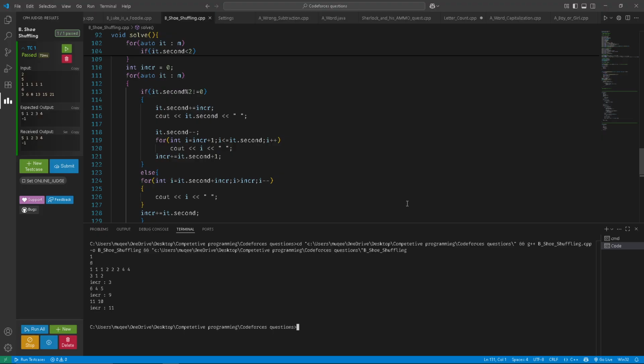4, I less than or equal to IT dot second. I equals to 4 and I less than equal to IT dot second. What is IT dot second now? It is 6. I less than equal to 6. It will be 5, sorry. Then increment plus or equal to 3 plus or equal to IT dot second plus 1. IT dot second plus 1 is,